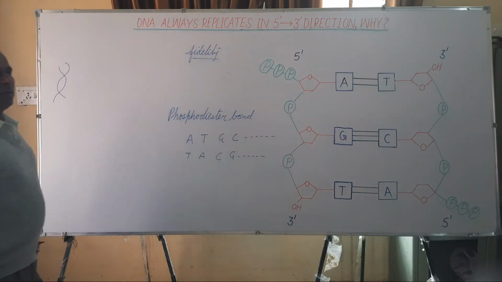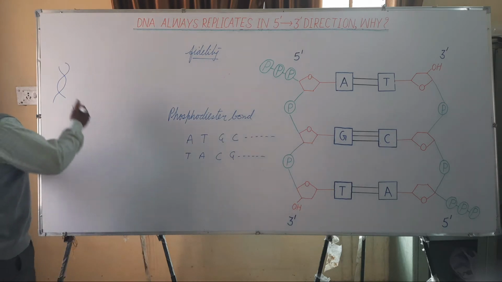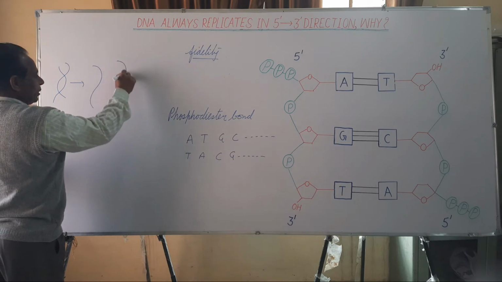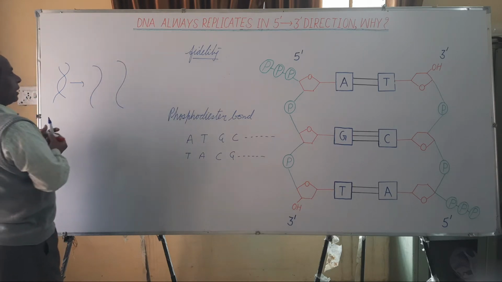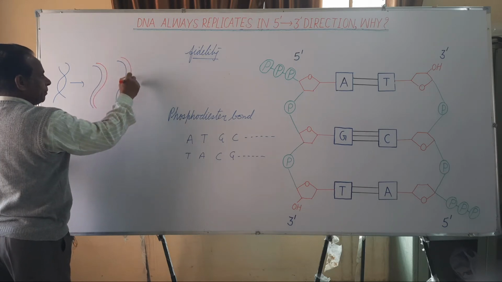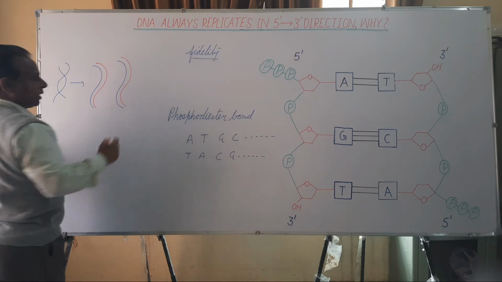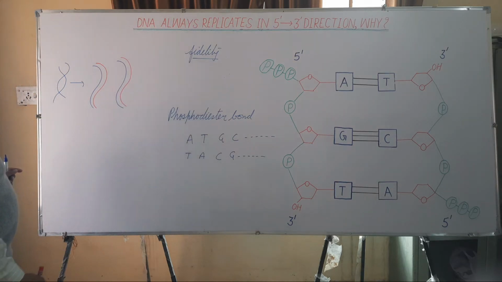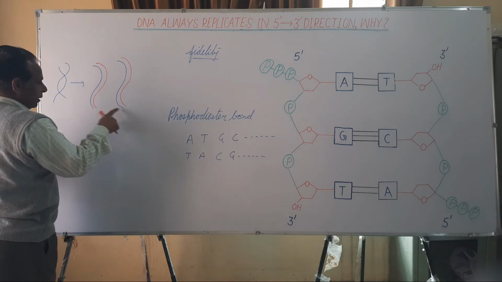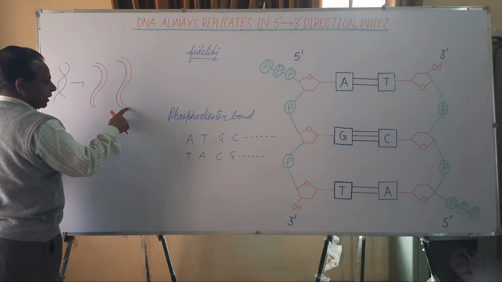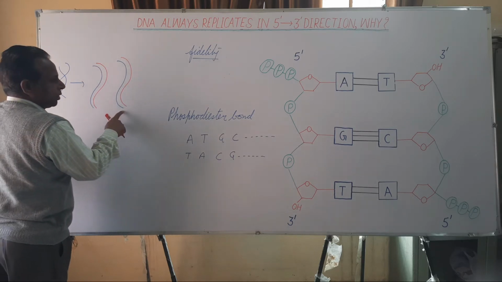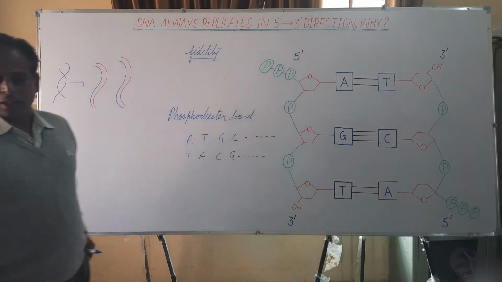DNA replicates by semi-conservative method. In this method, the two strands of the DNA separate from one another. Each strand synthesizes a new complementary strand. As a result, two DNA molecules are synthesized. Each daughter DNA molecule possesses one parental strand and another newly synthesized complementary strand, means half of the parent molecule remains conserved in each of the daughter molecules, so called semi-conservative method.